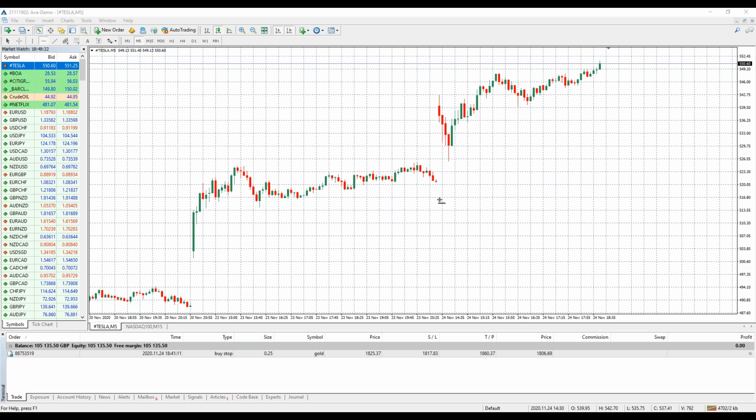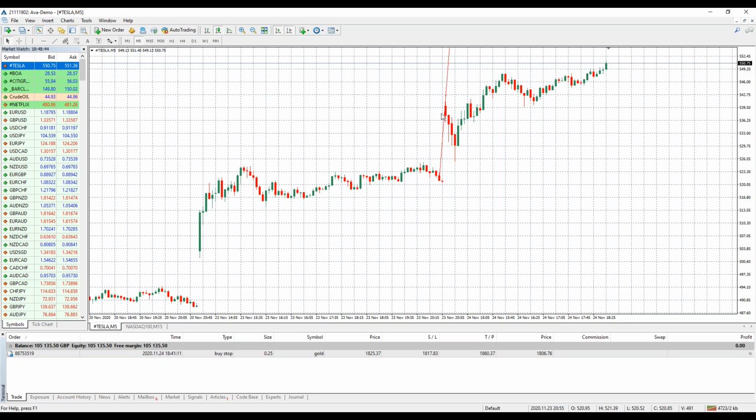So the gap closed. Good point. This gapped up from here to here, right? The gap went from here to here, from yesterday's close to today's open. So it filled the gap. As soon as it went back into the gap, you sell if you're trading the gap strategy. That is a technical strategy to trade the gap.